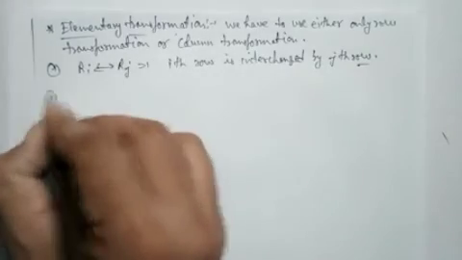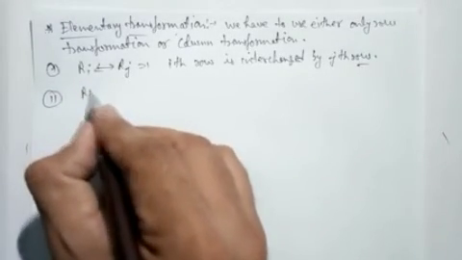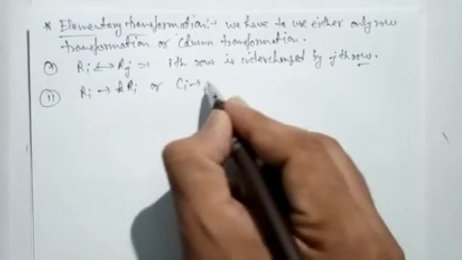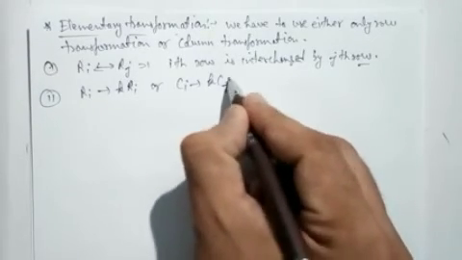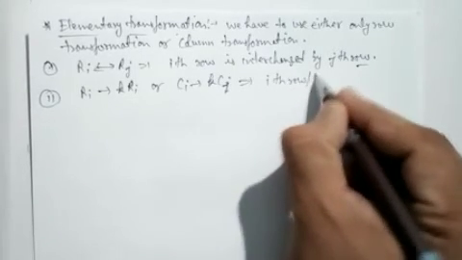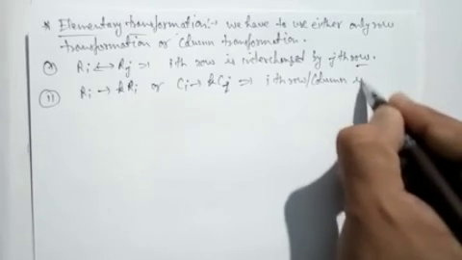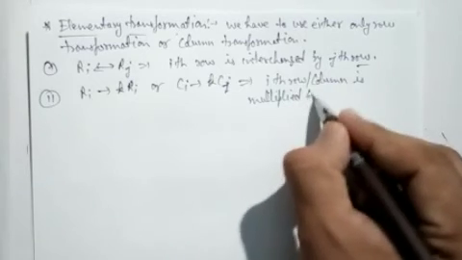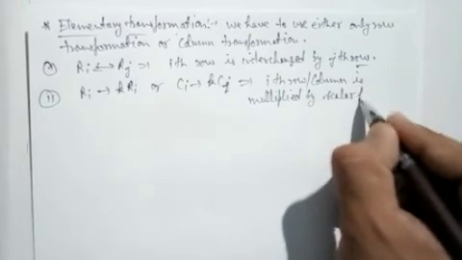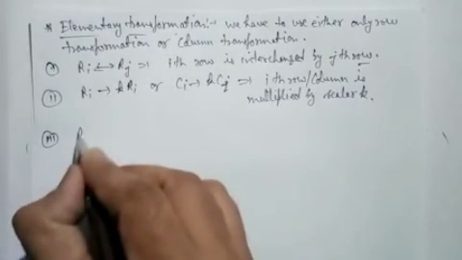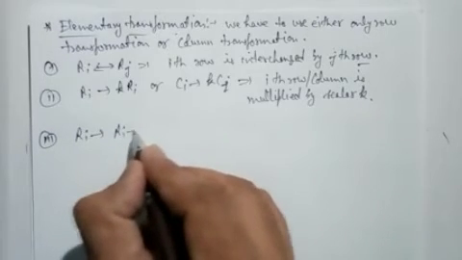Clear? Second, if we multiply Ri tends to kRi or Ci tends to kCi, that implies the ith row or column is multiplied by scalar k. Scalar k से मल्टीप्लाई की जाती है. ठीक है. Third, if we use Ri tends to Ri plus k Rj